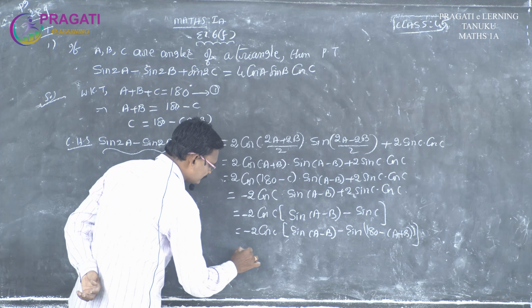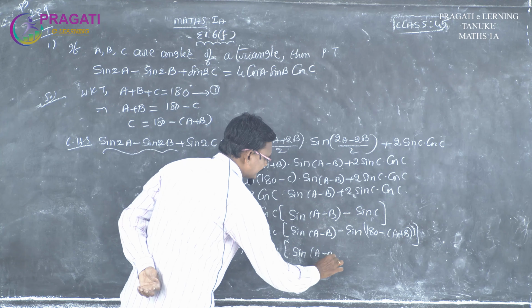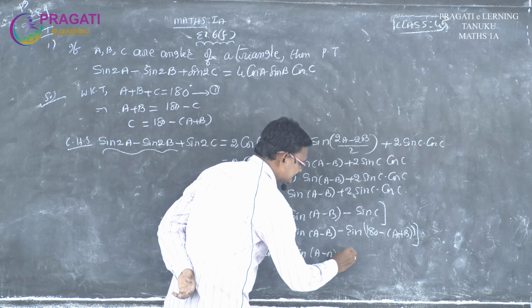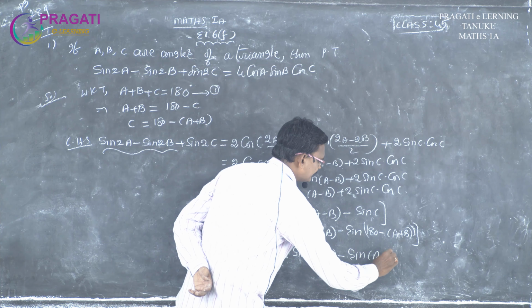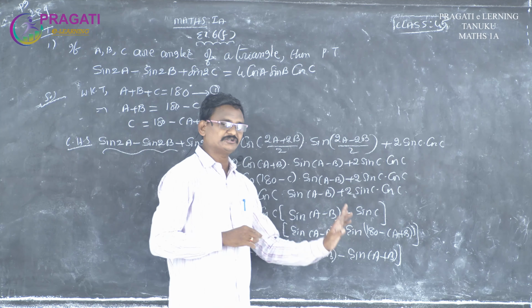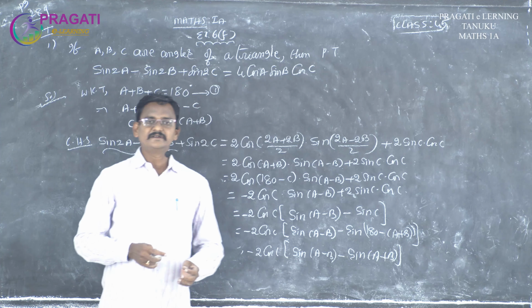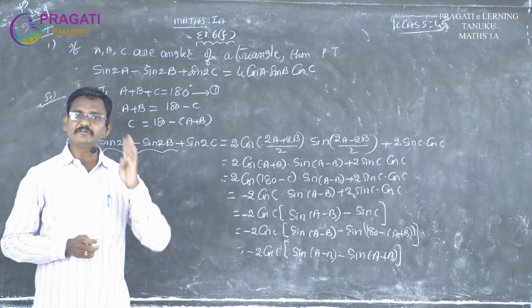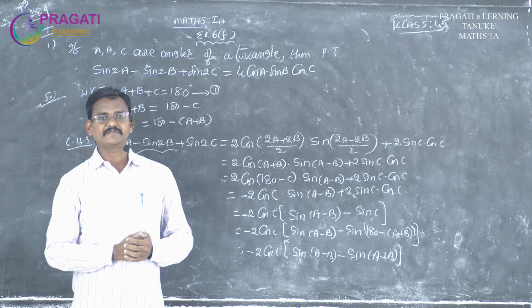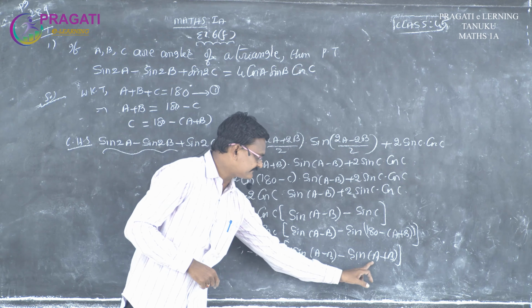Okay. So, now minus 2 cos C into sine of A minus B. Again it is 180, with the help of T ratios, minus sine A plus B. Because 180 minus theta means second quadrant means sine is positive, there is no change. Okay. Now, here this is one of the formulas. In the transformations beginning class, I gave you 4 formulas. In that, the first formula is sine A plus B plus sine A minus B. The second formula is sine A plus B minus sine A minus B. Just here a reverse process.